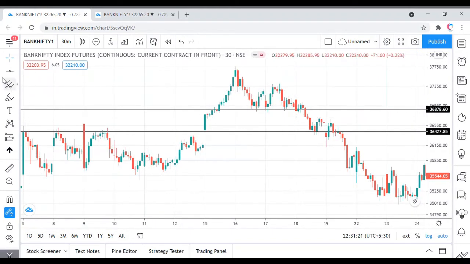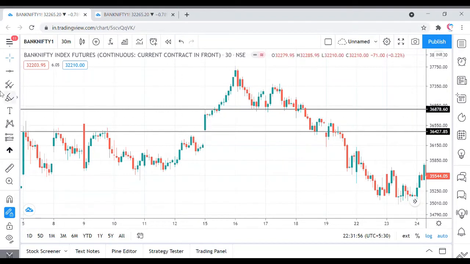Normally, what we as traders do is put the SL at the low of the candle. The low of the candle is always our SL, but for many traders this is 400 points, because the range of the first candle was big, around 400 points, so many people are not comfortable with that big an SL. So what we suggest is keep a 200 point SL and a 400 point target, where you get a 1:2 risk reward ratio. This is the most simple risk reward, 1:2.